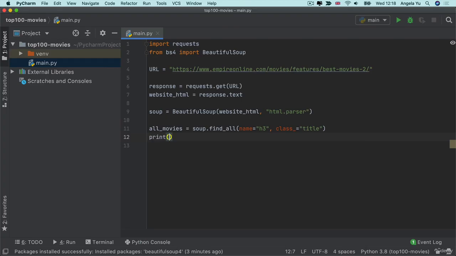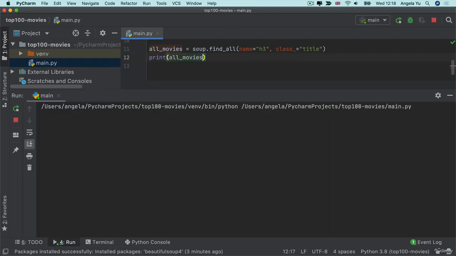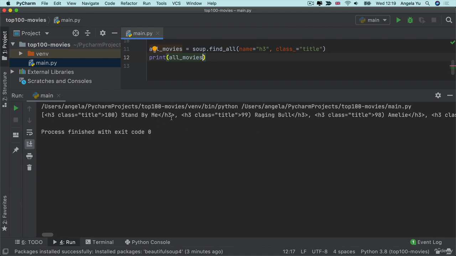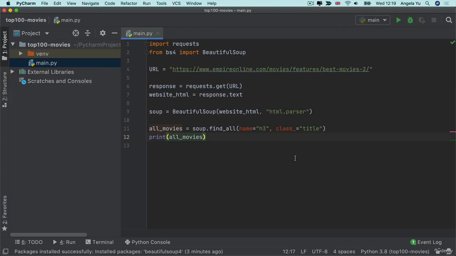Let's print all movies and see what we get. Now we've got a list of all of our H3s, and we're now going to go one step further and fetch the text from within these H3 elements. We do that using the getText method, but we can't do that on the list, so we're going to use